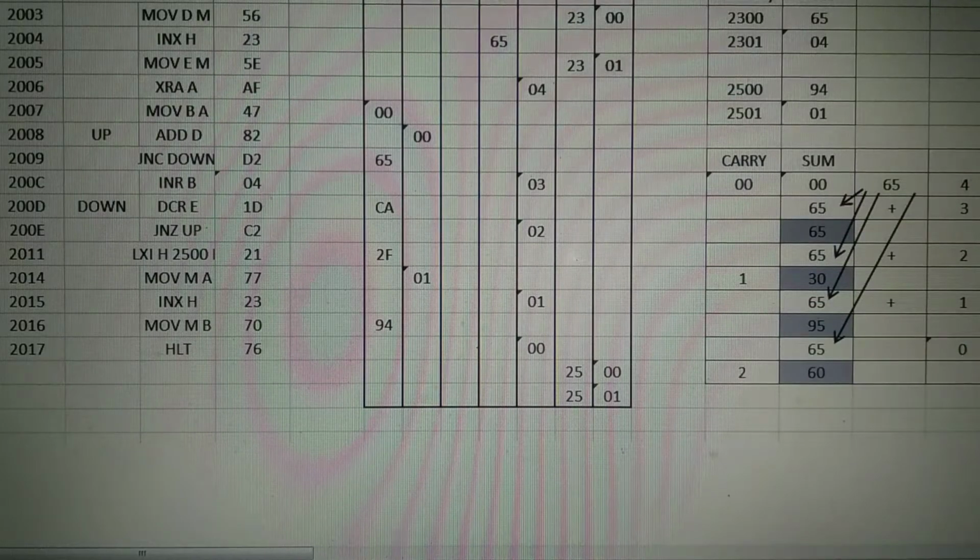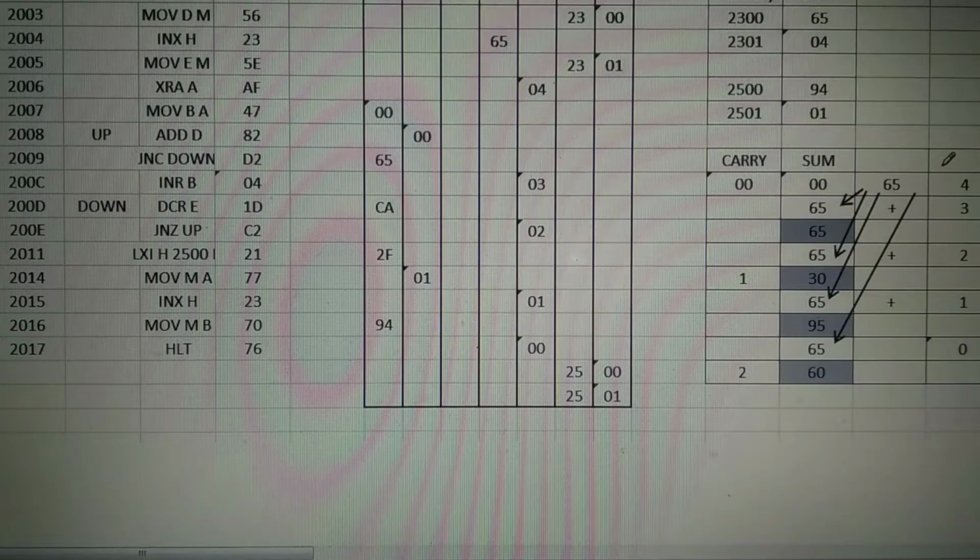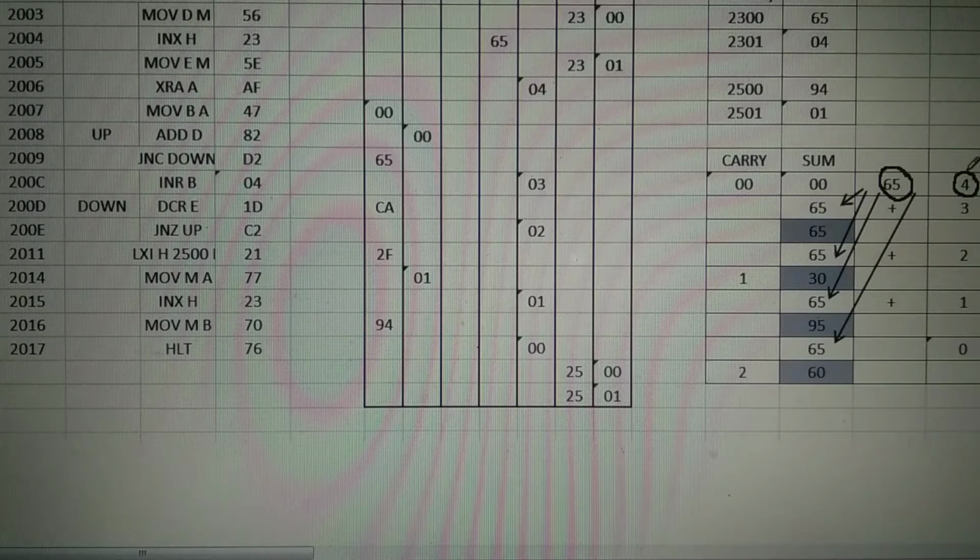For that purpose, I will explain the example, considering the numbers as decimal numbers. The same logic we have to apply for the numbers which are in hexadecimal form. Suppose you are having two numbers, 65 and 4, and you have to multiply them.